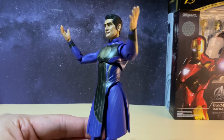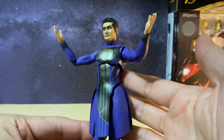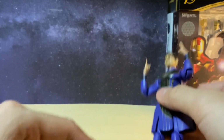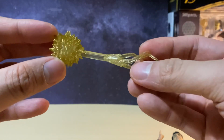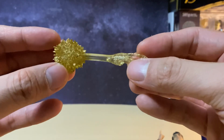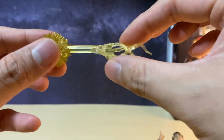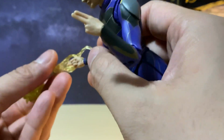And this figure includes 2 extra sets of alternate hands. So the first one is the open palms, and the second set of alternate hands is when he puts the 2 fingers together, and this is used for the blasting of the effects, which I'm going to quickly show you now. So inside the figure, it does include this kind of ray effect in a goldish yellow color. It's quite unique, nothing I've seen before for SH Figuarts. So it's kind of like a spiky type of ball on one side, and then the rest of it is a long kind of effect. And what you do is just kind of just place the hand inside,